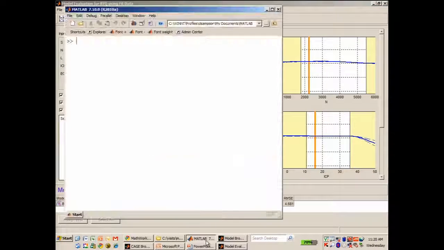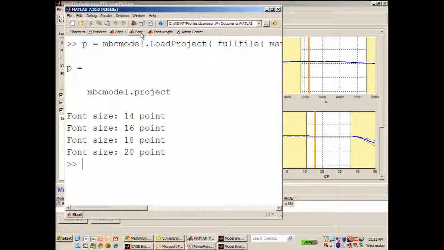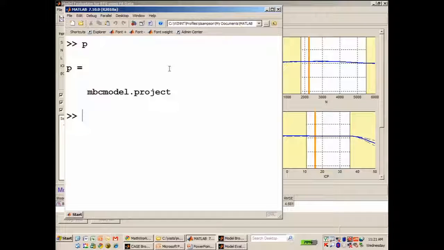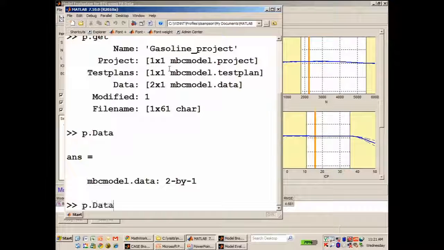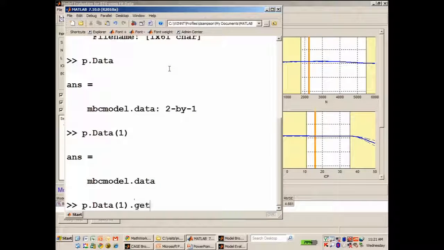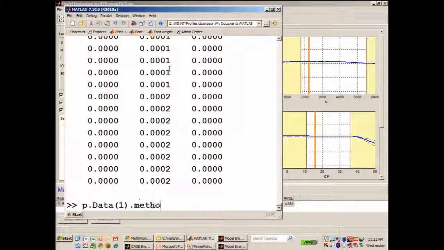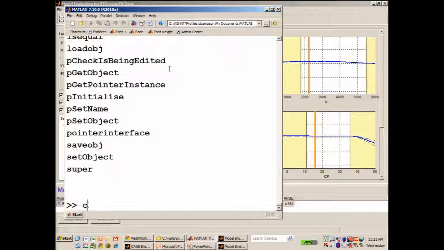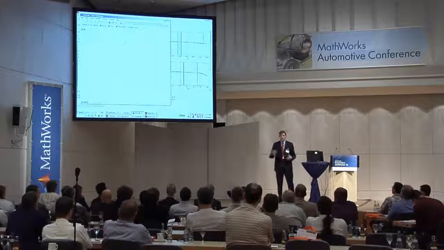I should also point out that you can do all this stuff from the command line. Lots of tools for automating that process. Let me just bump up the font for you so you can see what's going on. So I've created this project object. I might look at the data in there. There it is. Lots of properties, lots of functions I can call on that. There they all are. I can do all that by the command line. So the usual process is you would explore how to do the